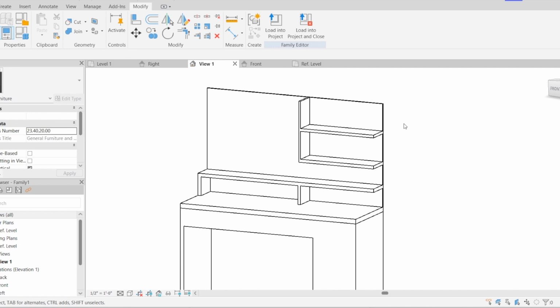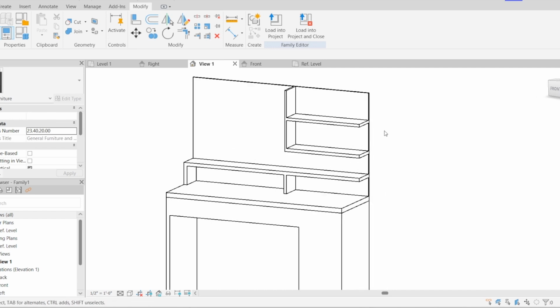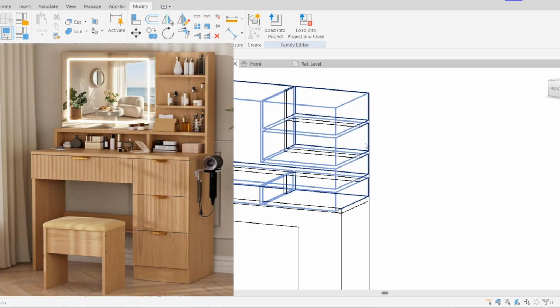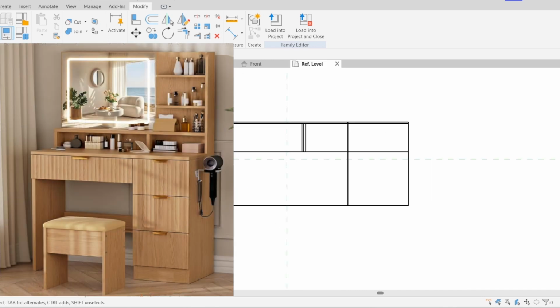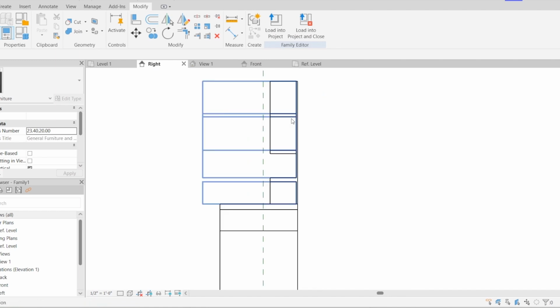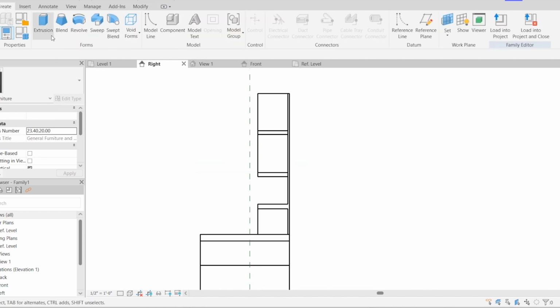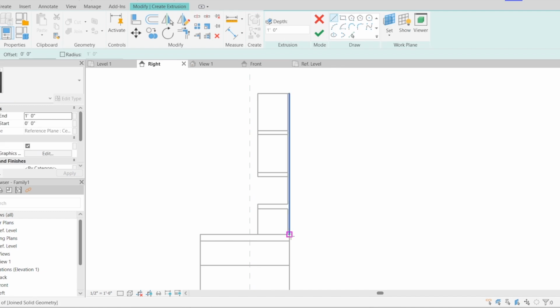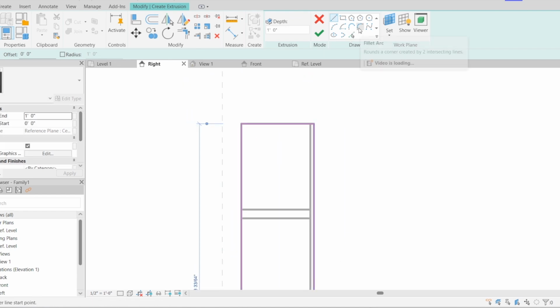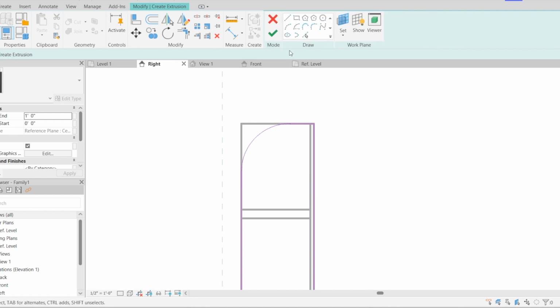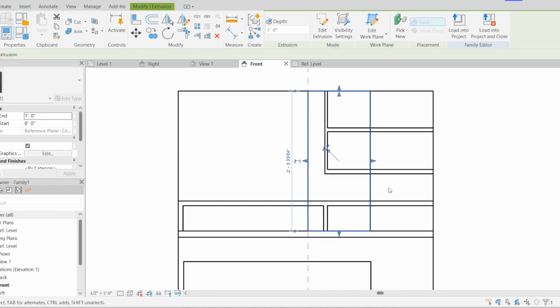And so the last thing I really need to draw this hutch is just the end cap that you see here on the top part. Do this from the right side view, or you can do it from the left side. I'm going to go to create extrusion, draw a line all the way up, basically just draw a rectangle at first, and then I'm going to select the fillet arc tool and select these two lines and draw an arc. Click the check mark and go to the front view and adjust the thickness